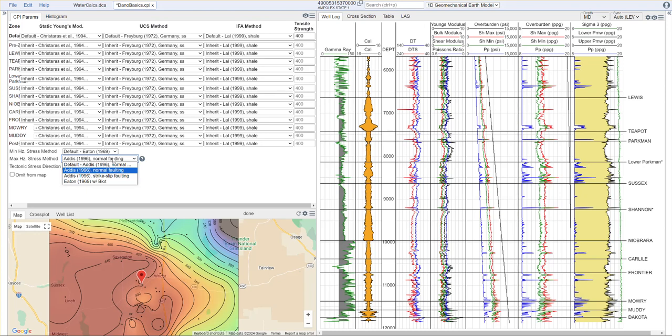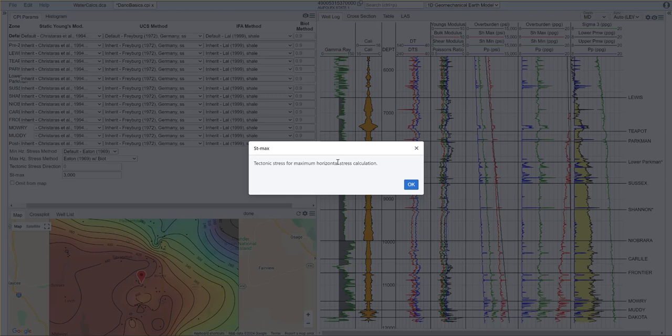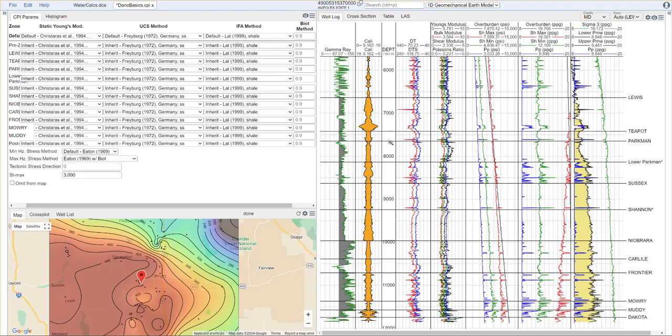We have Otis's normal and strike slip faulting methods, and we also have Eaton's method with the Biot coefficient. That's what we're going to choose in this case. And this actually gives us a couple of extra parameters that we need to evaluate here. It gives us a tectonic stress direction that we need to set. It also gives us a maximum stress here. So this is the tectonic stress that we need to set, that we'll use for